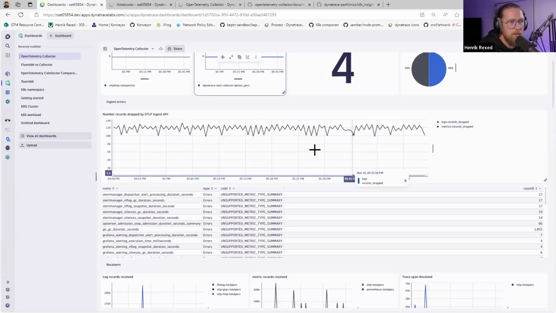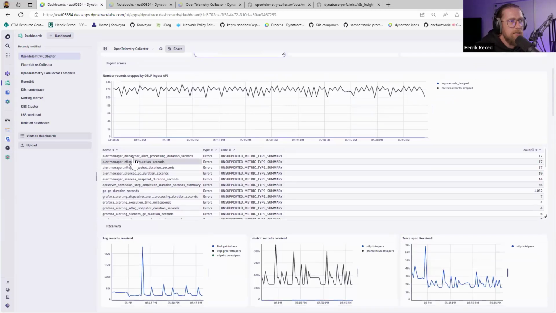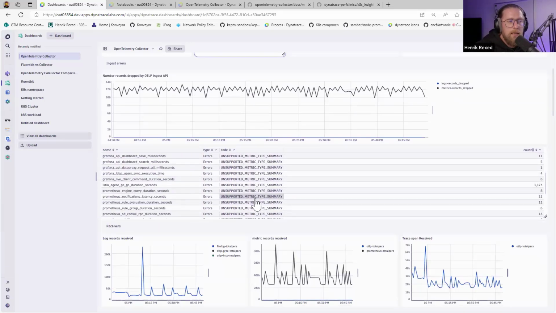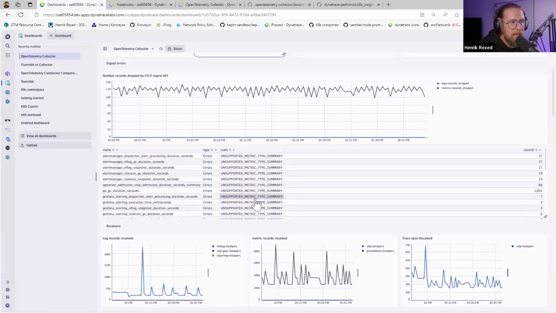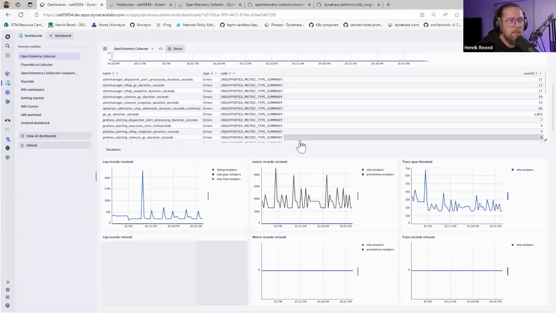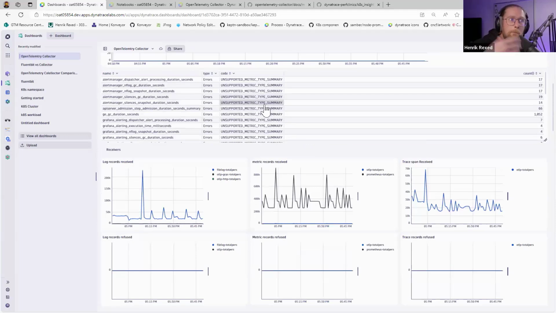Logs is almost nothing, and the metrics is quite high, and that's why I'm adding here. I'll show you with a notebook what that means. So here I have the metric name, the type, and then the code responded. So then, for example, I can see that I'm sending tons of type summary. So I'm going to filter that. I mean, let's drop the summary because it's just polluting my collector, and that potentially could make my collector